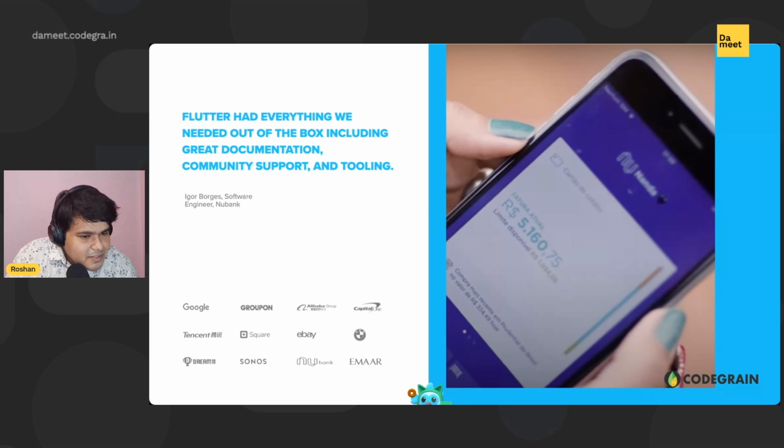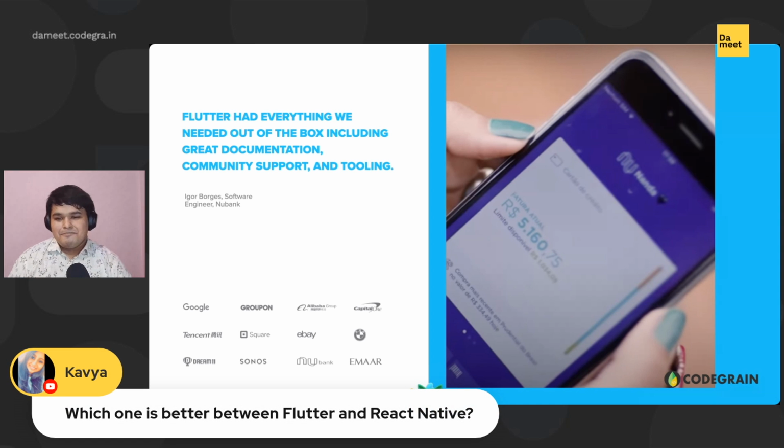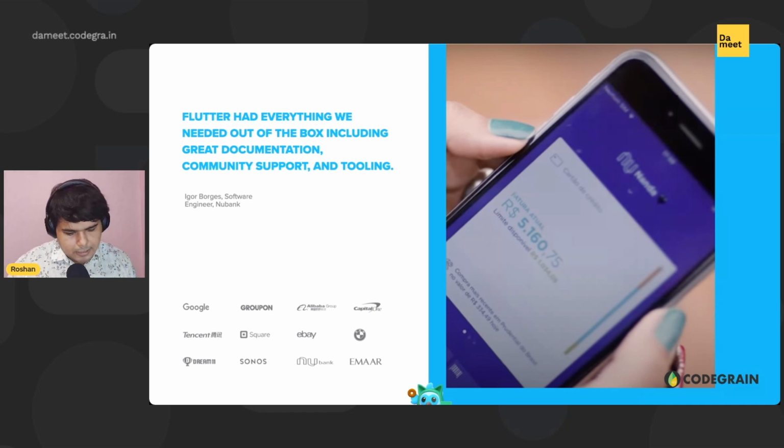Which one is better between Flutter and React Native? This is a very controversial question you're asking. But as I'm a fanboy and a very frequent user of Flutter, I would recommend y'all hop onto Flutter. But this question is kind of subjective, depending on what case you're thinking of. If your thought is only about the current Indian job market, what should you go for, Flutter or React Native? Currently, React Native is doing better in the Indian market, but